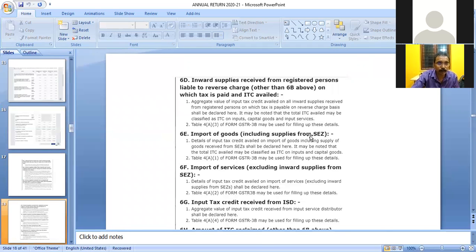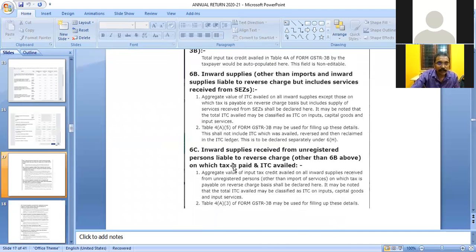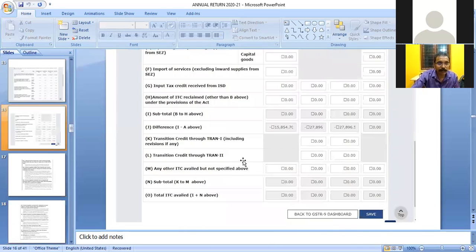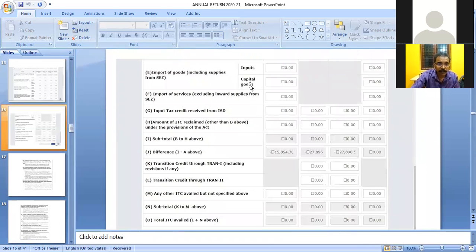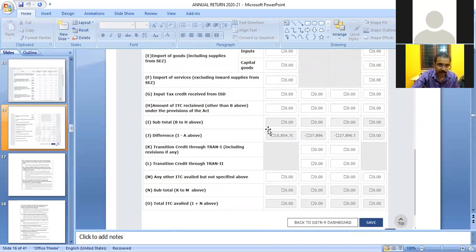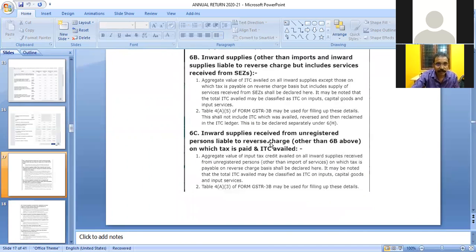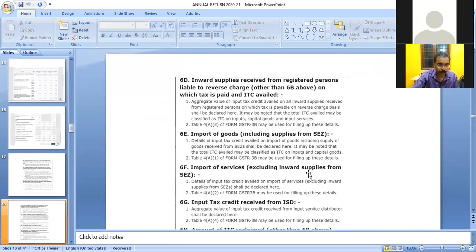And column 6E, import of goods including supplies from SEZ. Here, the ITC shall be split up into inputs and capital goods. Then column 6F, import of services. Here, it should be shown excluding inward supplies from SEZ.